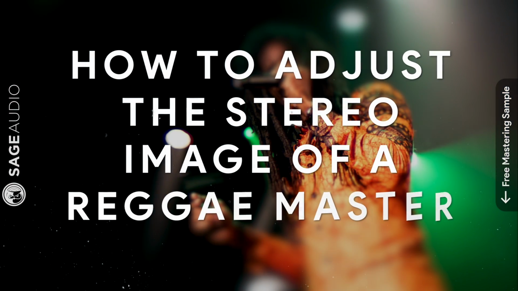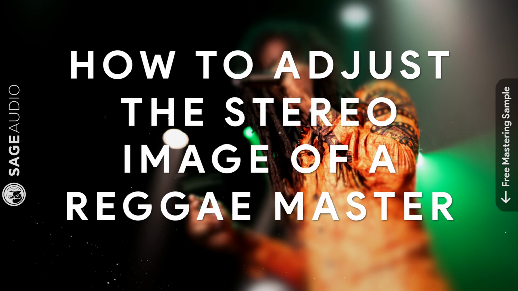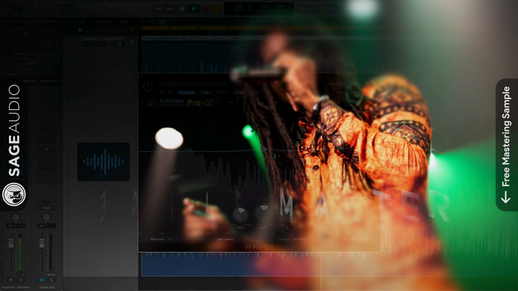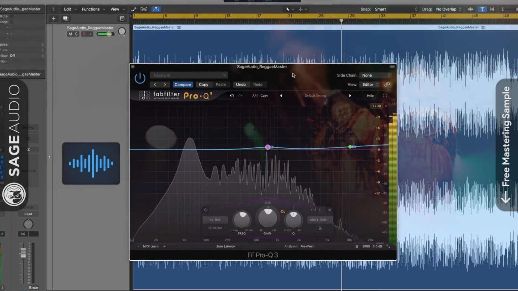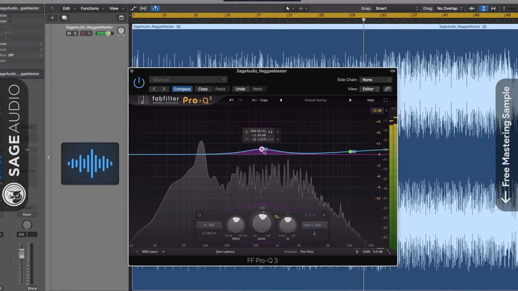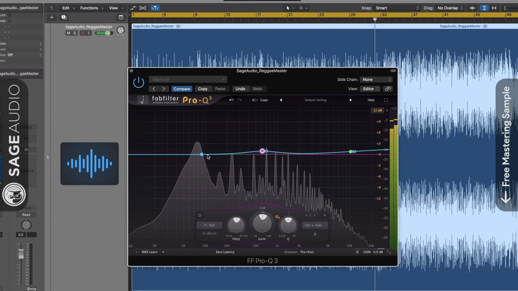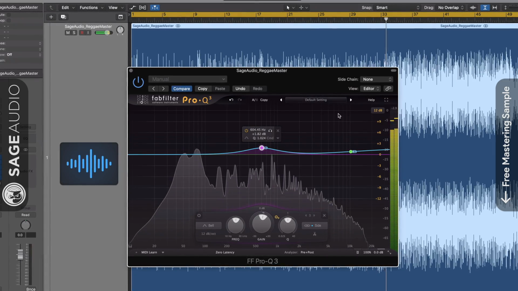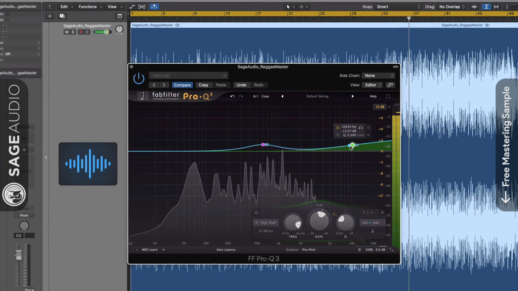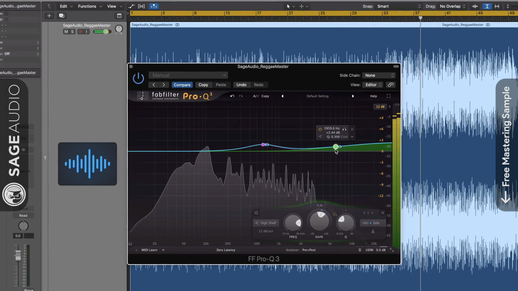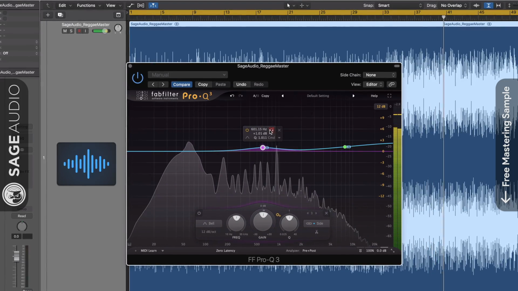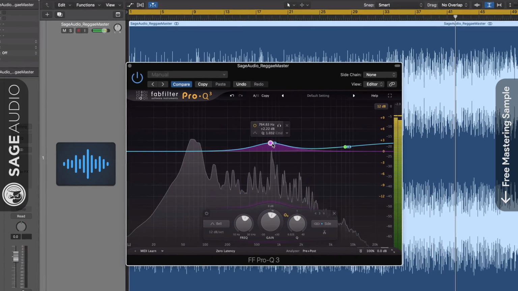Next, let's cover how to adjust the stereo image of a reggae master. The stereo image of a reggae master shouldn't be made to be excessively wide, nor should the low frequency range be widened. To achieve an impressive stereo image during a reggae mastering session, use mid-side equalization instead of any delay-based form of stereo widening. Now that said, creating an impressive stereo image can be accomplished during the additive equalization stage